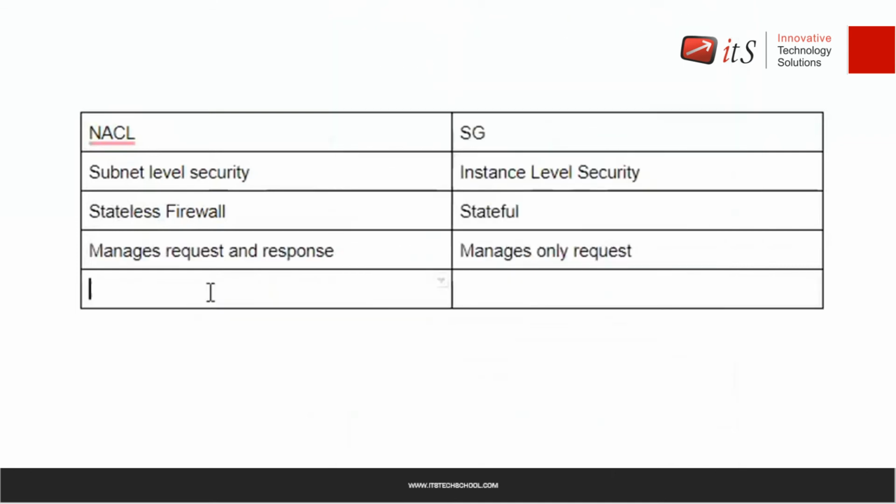Then one more difference is like this. NACL will allow you to block a particular IP address. If you want to block a particular IP address, or block a particular service for a particular IP, you have the authority for that. You have the option for blocking purposes. So allow as well as block, you can do both tasks. But with the security group, you just have the option to allow. You cannot block anything in a security group. You can just allow. That's the difference between NACL and a security group. So in NACL, you can allow and block, and in security group, you can just allow, right?